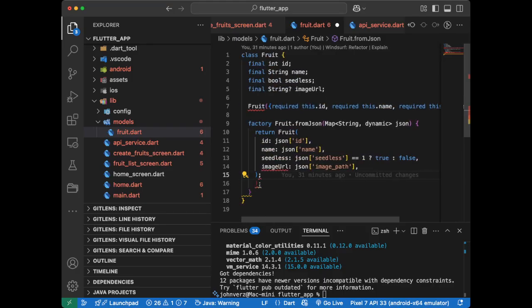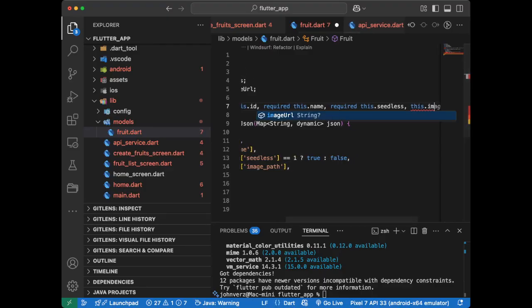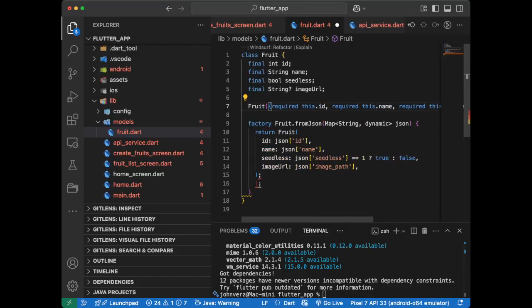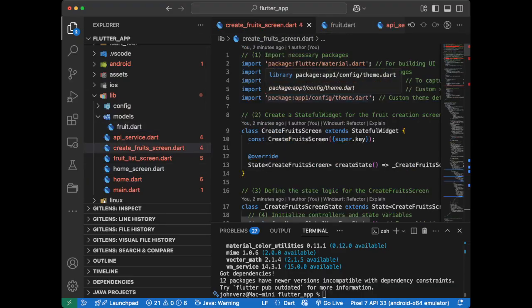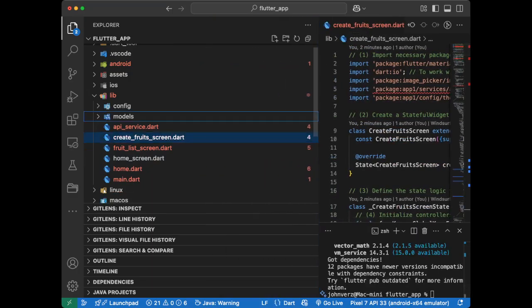Fruit, then I also have to add, not required. This is not required. This image URL. Okay. It's not required anyway. And then fruit. Remove this extra parenthesis there. And that's just fine. Okay. And we also have the API dot dart. Okay. Now I'm going to organize this code